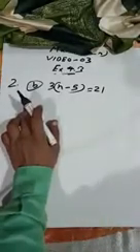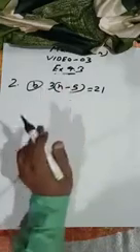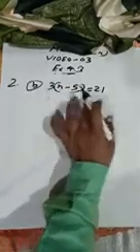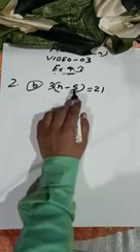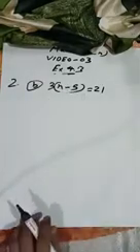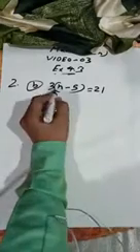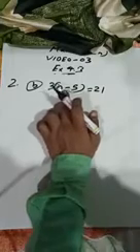Now second question. Again in this I have to solve it. Here the variable is n. Now I have to solve this. Okay, see this 3 and the bracket, then n minus 5. So according to the BODMAS rule, we have to solve the bracket first of all. Here it is n, it is a variable, and this is 5. So we cannot solve this. You cannot solve the n minus 5.